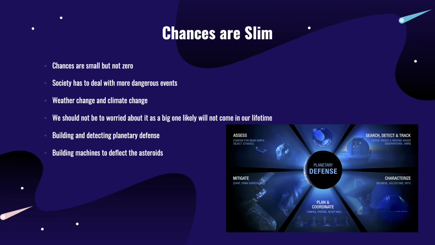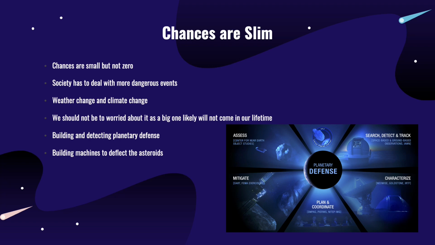Like I said earlier, the chances of a big asteroid that could wipe out the Earth are very slim. The chances of a big one hitting are small, but that doesn't mean it is zero, as zero means no chance, but here there's still a chance. I feel like society has to worry about more things, though, such as war, food shortage, weather change, and climate change. I mean, we even dealt with a pandemic, which made the world shut down for a couple of years. We should not be too worried about a big one happening. A big one, such as the one that hit the dinosaurs 66 million years ago, likely will not come in our lifetime. Likely. We are, however, building planetary defenses